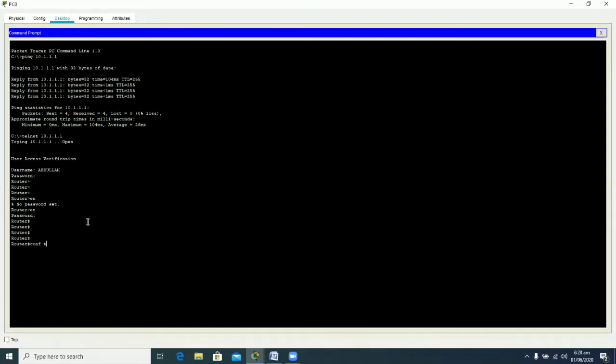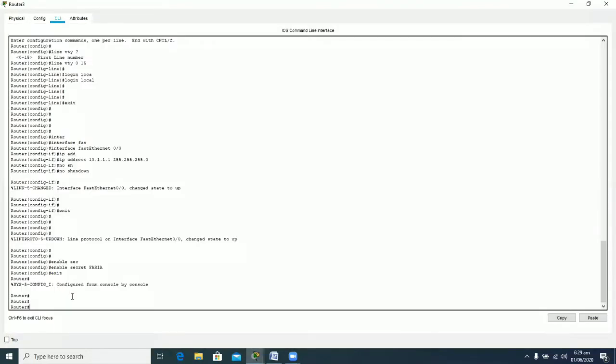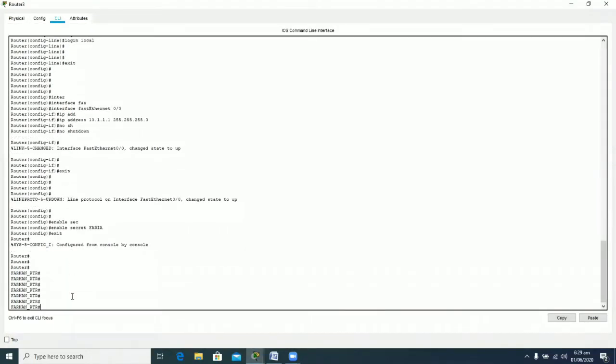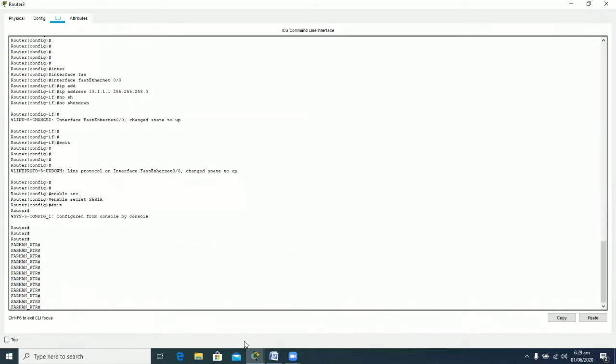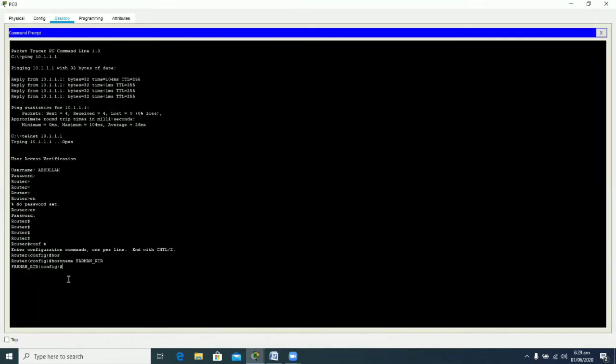And from here now I can do whatever I want to do, like changing the host name. Let's say the host name is set to Farhan_RTR, so that you can do anything with the help of this telnet connection. And here you can see that the effect is reflected. It is now Farhan_RTR, because with the help of the PC I configured my router's host name to Farhan_RTR. From this telnet connection, I can also write down the commands or save my running configuration into the startup configuration,